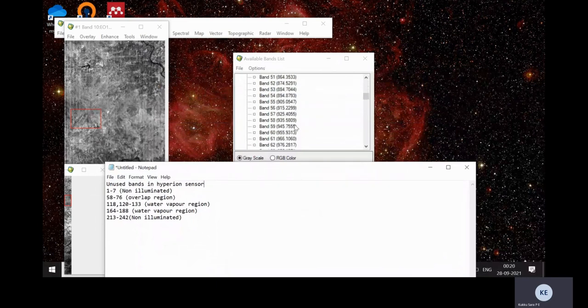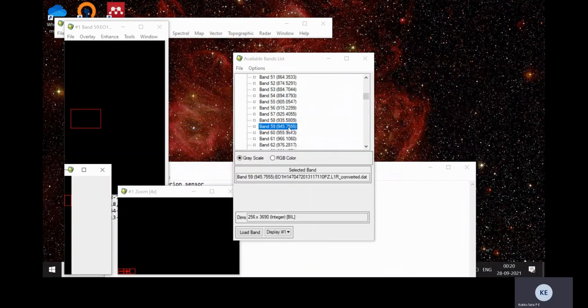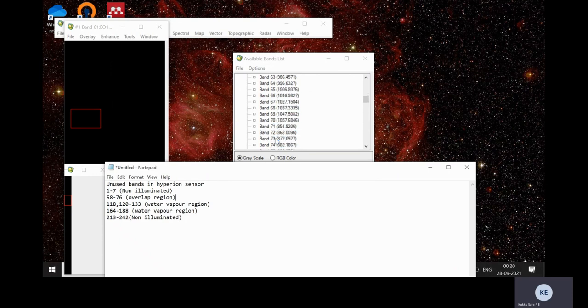Here you can see no data is there, and also band 118 and 122 to 133 is having too much noise due to the water vapor region.